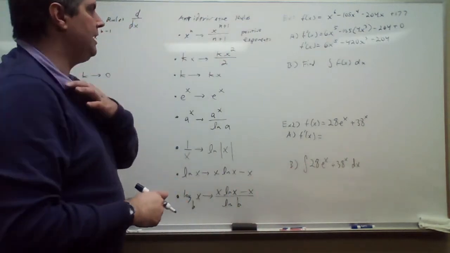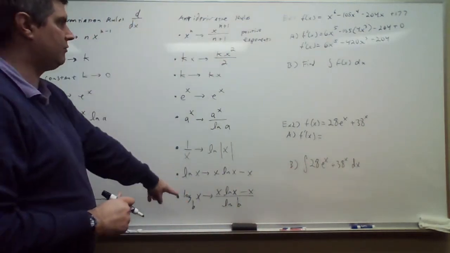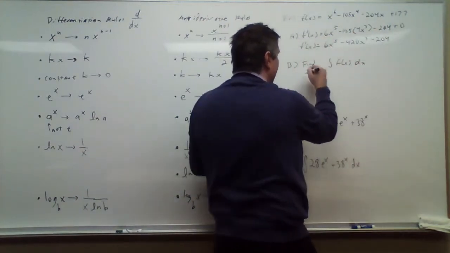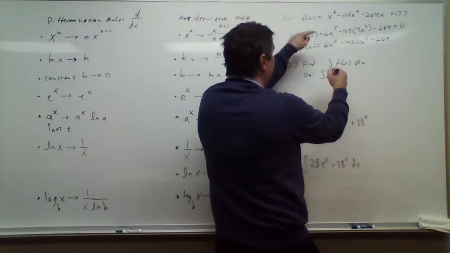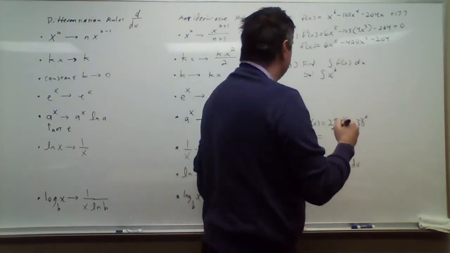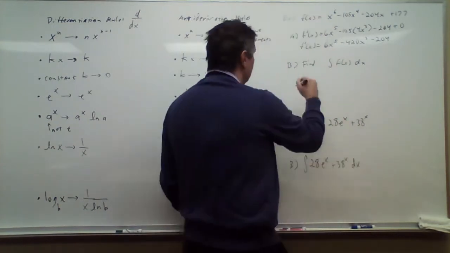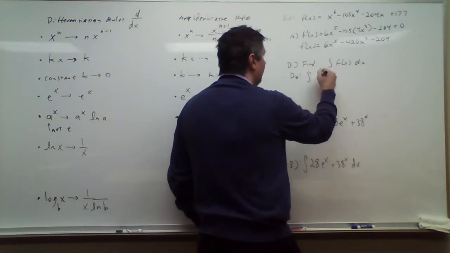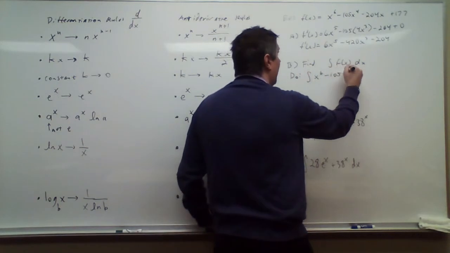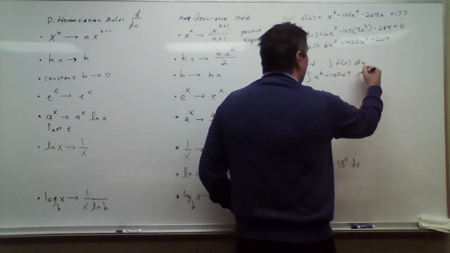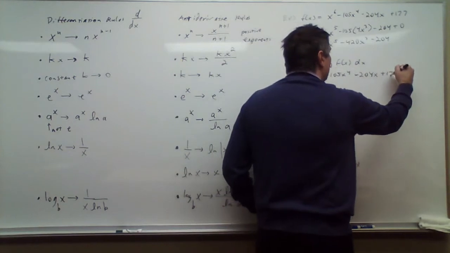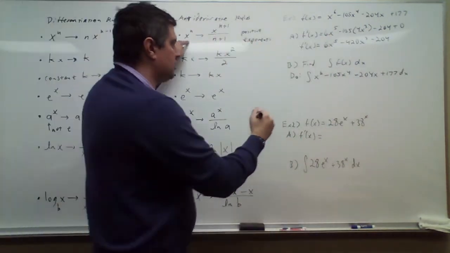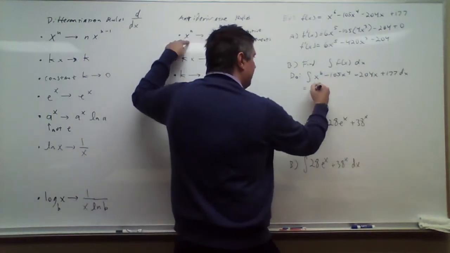Okay? Now, the integral follows the antiderivative rules. So the integral of f of x with respect to x is going to be the integral of x to the 6th. Actually, move this back. This is going to be the integral of x to the 6th minus 105x to the 4th minus 204x plus 177 dx. And we follow the antiderivative rules. So this goes up to x to the 7th over 7